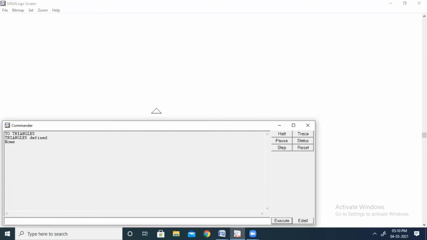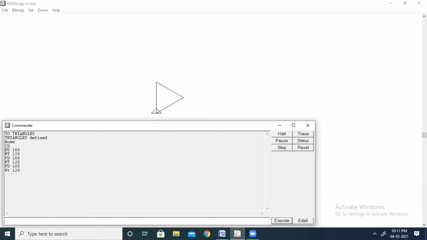First I wrote the home command, then I type the CS command to clear the screen. Now I have to type the commands for the triangle. For that, we need three lines to draw a triangle: FD 100, RT 120, next FD 100, RT 120, again FD 100, RT 120.